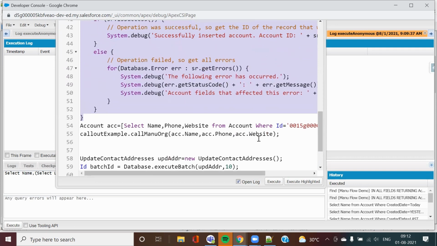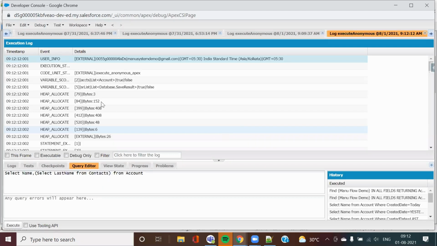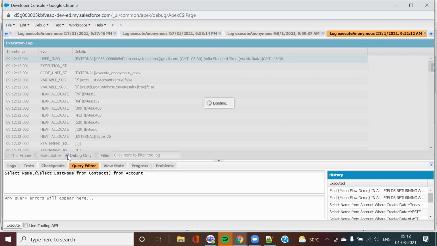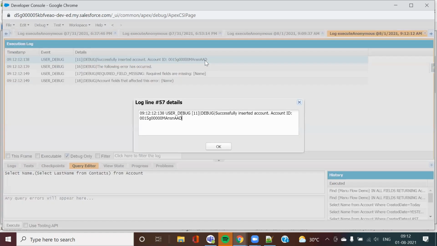So in case I see the debug here, I will see two things. The first one is my account which is being inserted here. Let us try to check whether 503 has been inserted or not.